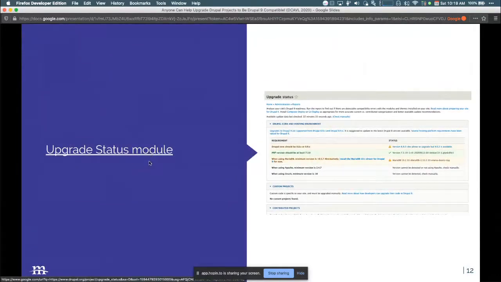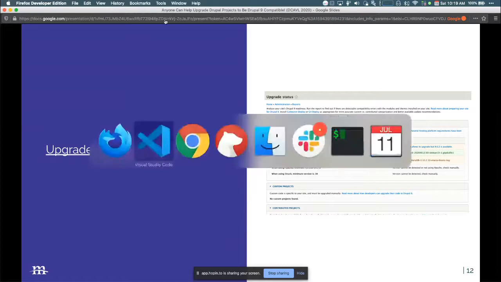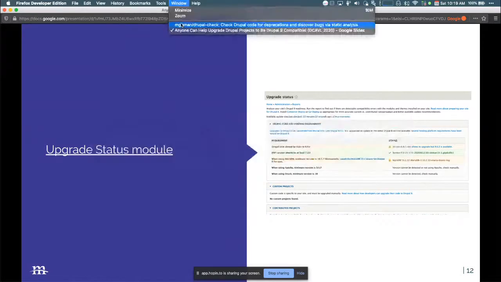So our next way to audit after Drupal Check is the Upgrade Status module. This is really cool. This is one that is really good if you don't have those command line chops and you want more help with just seeing it visually in the site. This is a module you can actually add and install in Drupal. It gives you lots of information to prepare you for upgrades, and it's all in the Drupal UI. So we can take a look at that as the next step.